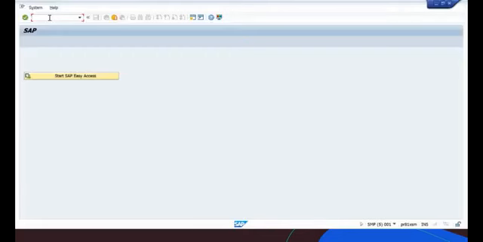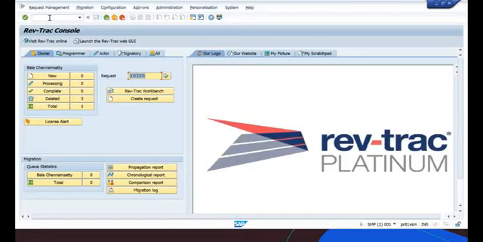The transaction code for the RevTrack console is /RSC/RT. The RevTrack console is open. Here we have to select the create request option.